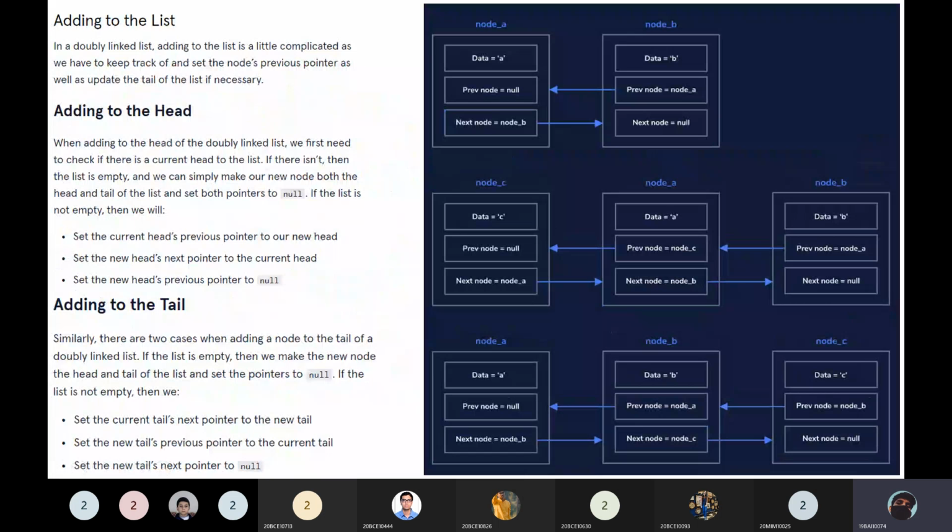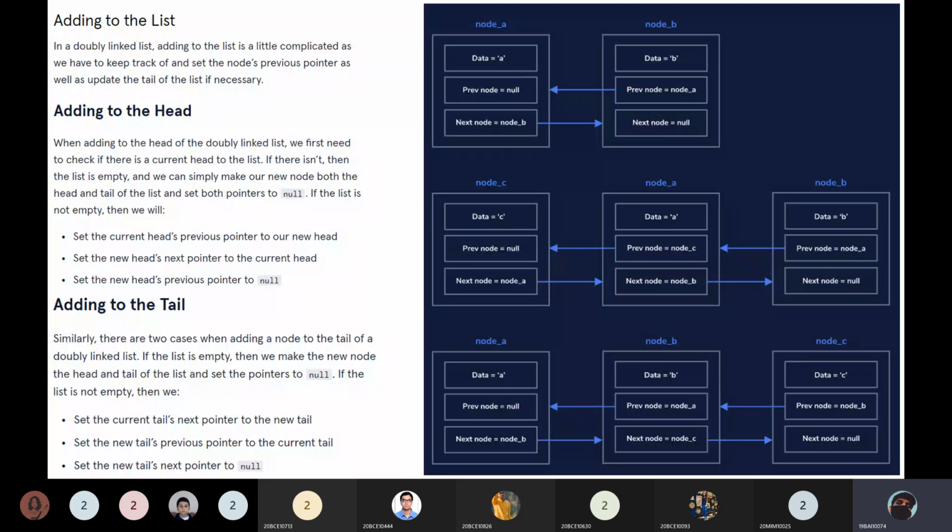So doing this, although it gives us more functionality in the case of linked list, we also have to make a few changes while using those functionalities. For example, earlier we were able to remove the head or remove the tail. We could also do that now, but we have to keep a few more things in mind before doing that. So let's see what things we need to take care about and how we can use the functionalities.